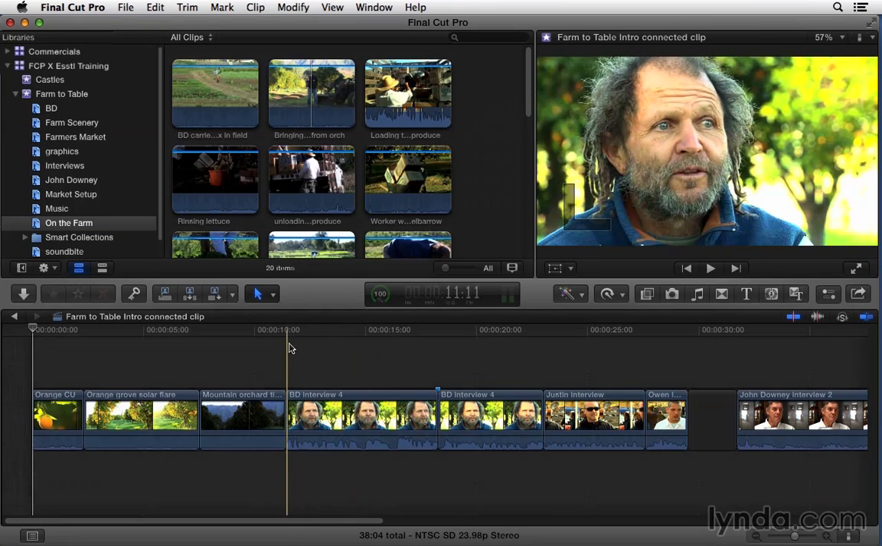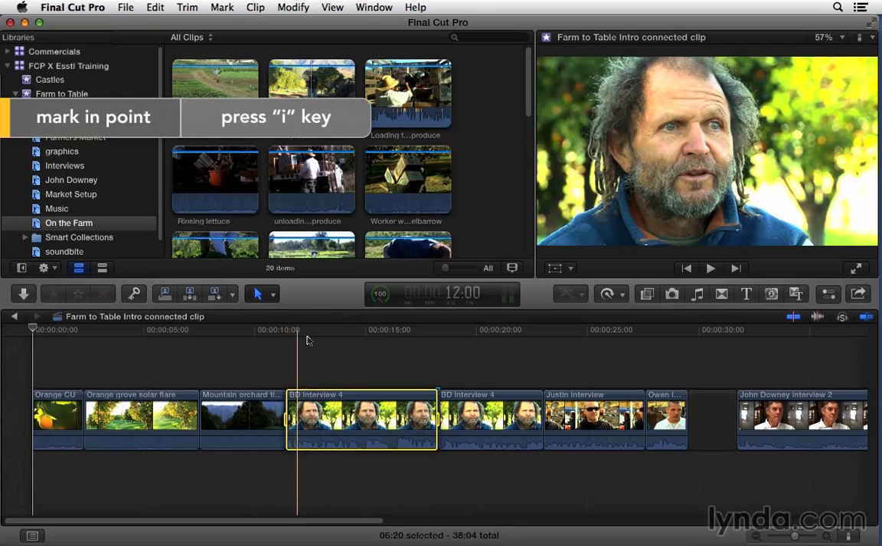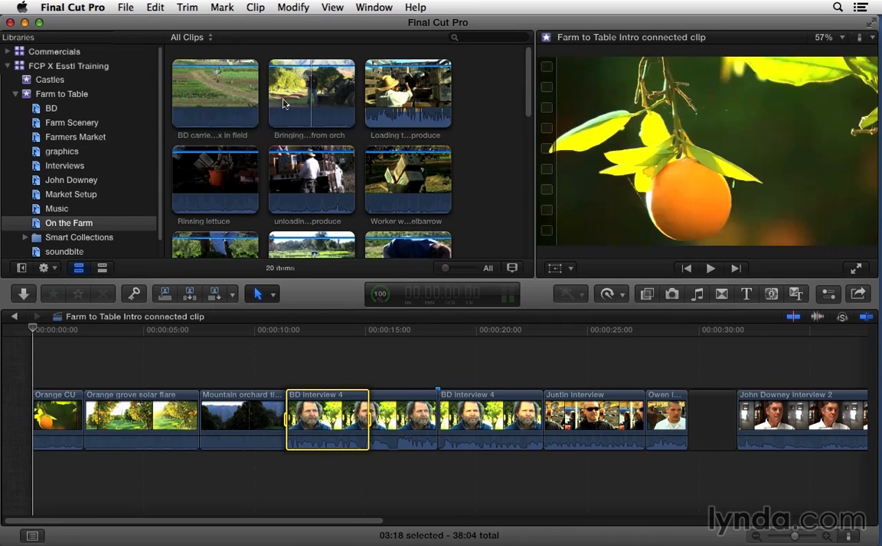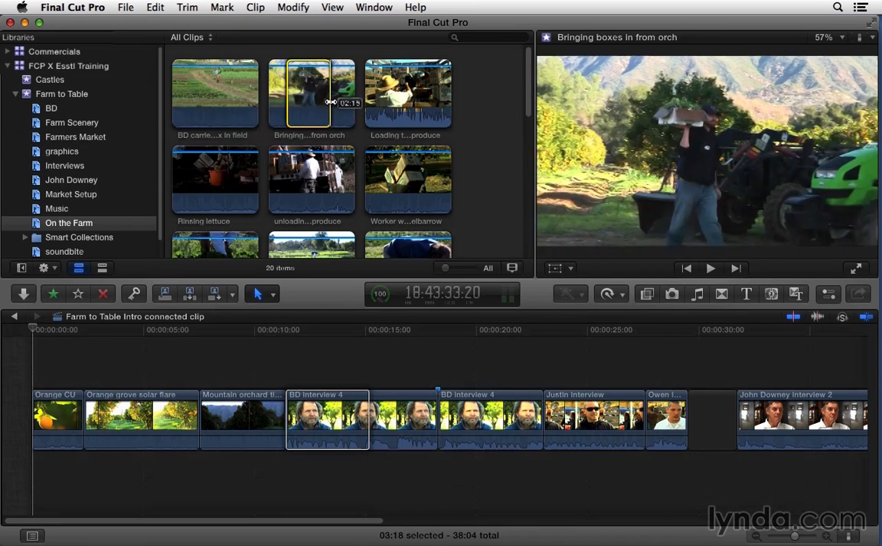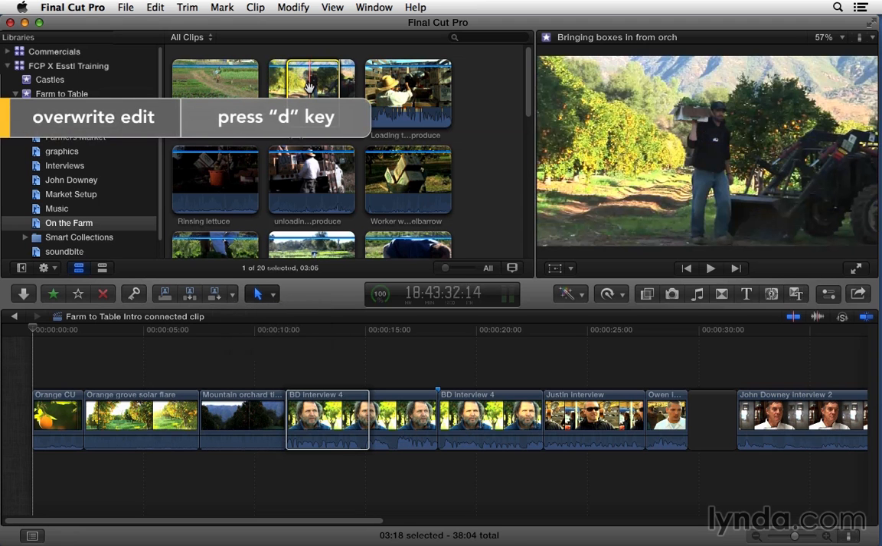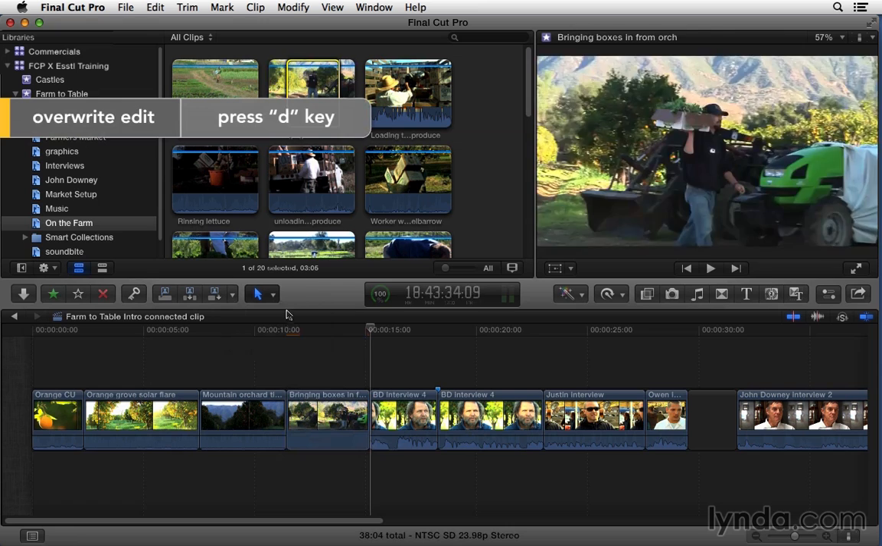So let's talk about what would happen if we did overwrite this. I'm just going to mark an in and an out in the timeline where I want this to occur. And let's mark this shot here. We want video only, so we want to make sure that we're only bringing video down and keeping the audio. But look what happens. If I press D to overwrite and I play through this section,